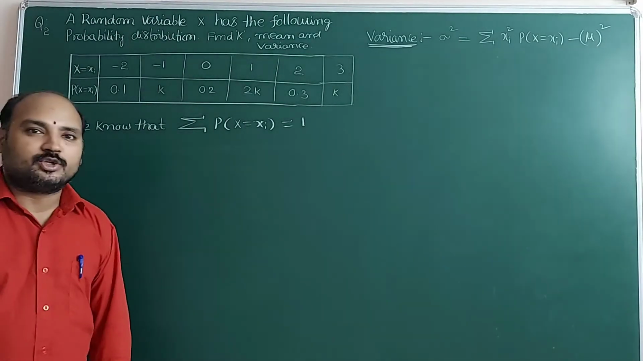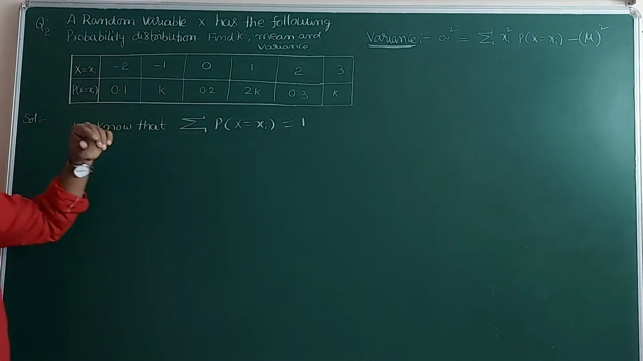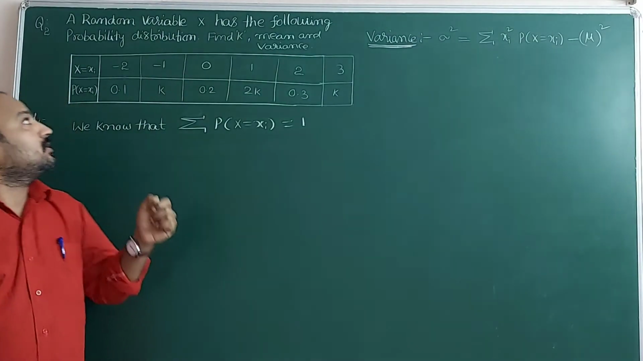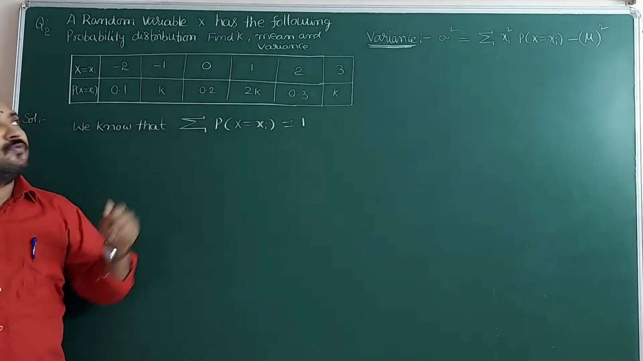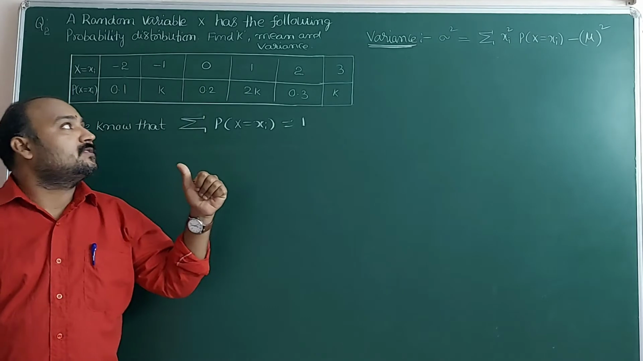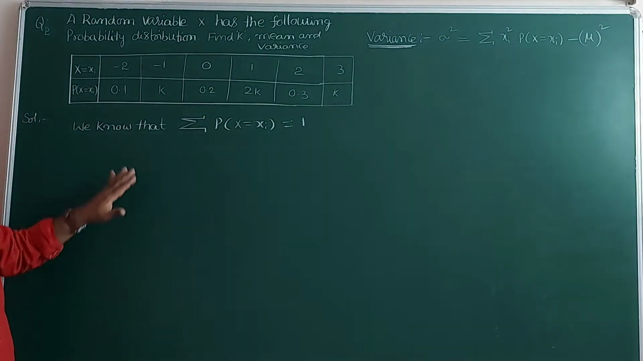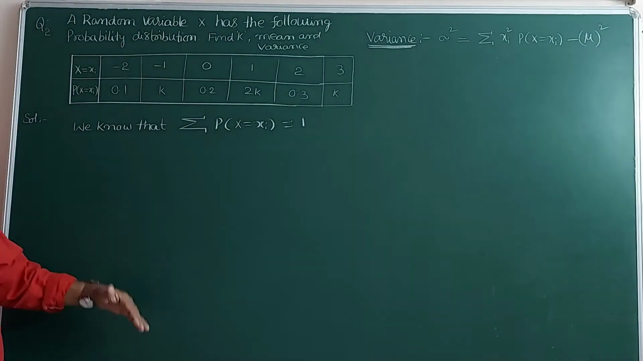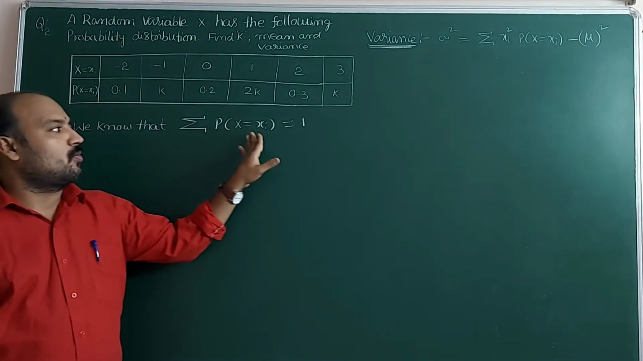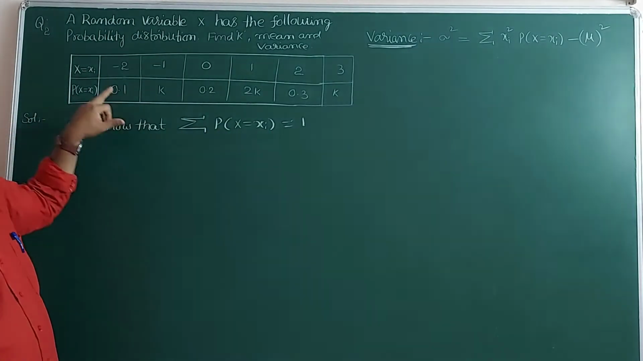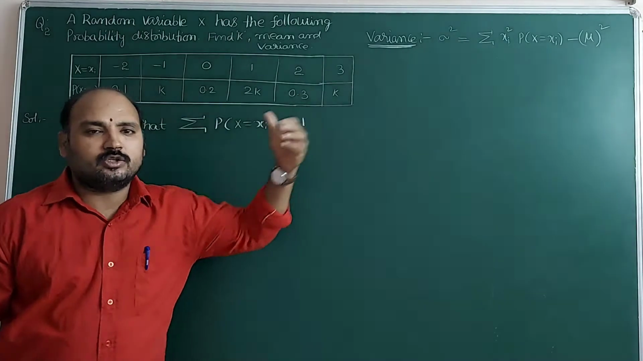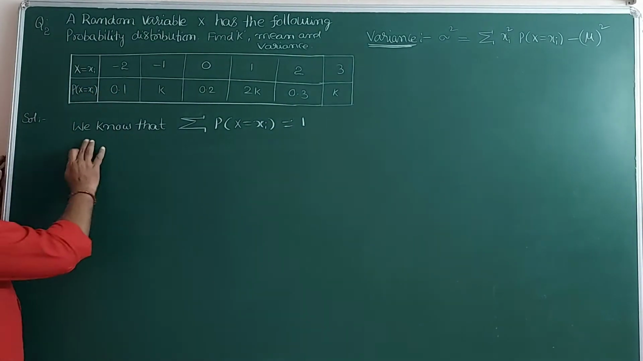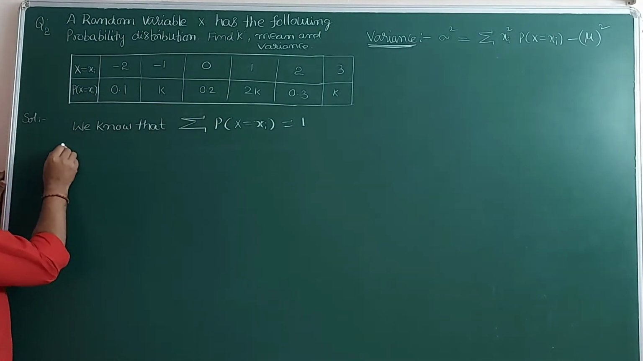The next question number 2. A random variable x has the following probability distribution. Find k, mean and variance of the distribution. So like the previous problem, we know that the sum of the probability is equal to 1. Even here also, i is equal to minus 2 to 3. So directly we know that the sum of the probability is equal to 1. That is